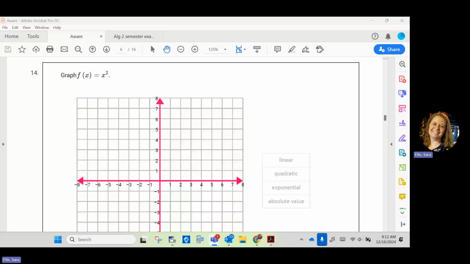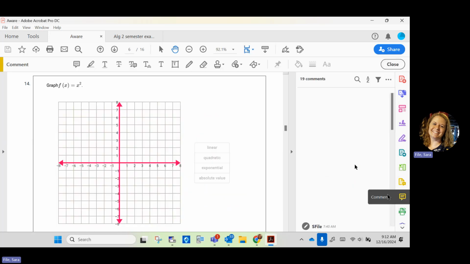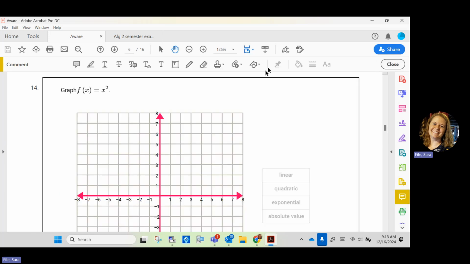Review, the Algebra 2 semester review on Aware, number 14. They're asking us to graph the parent function of a quadratic. f of x equals x squared. That's the quadratic parent function. Hopefully, the majority of you know what the parent function looks like, but if you don't,